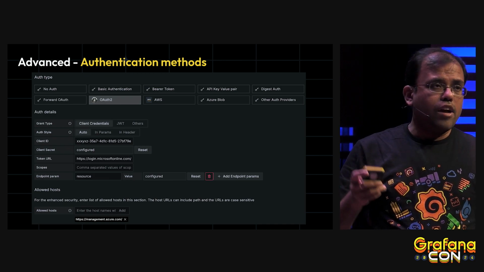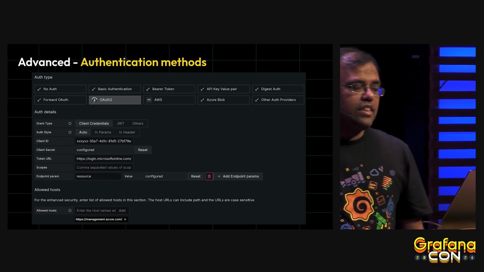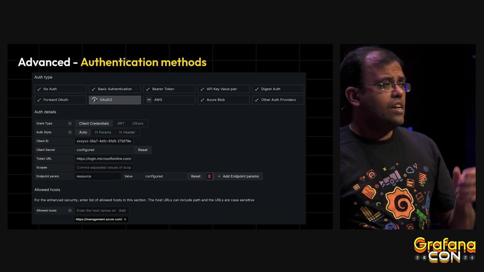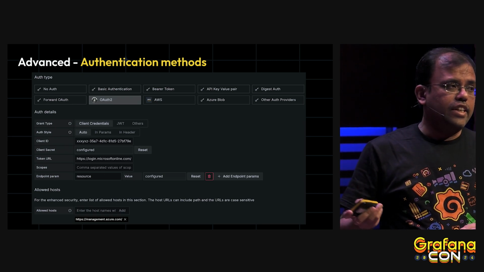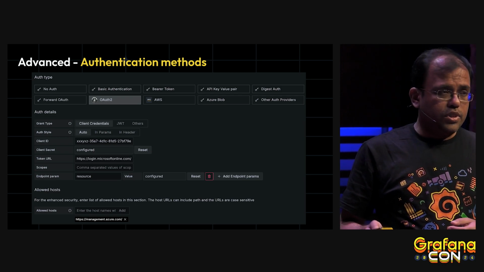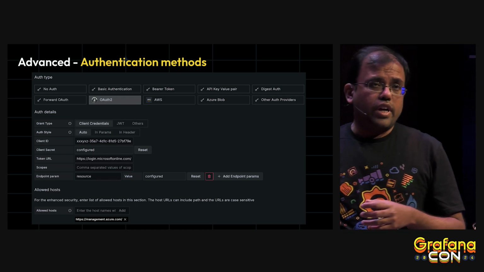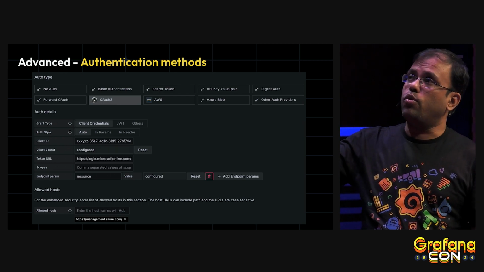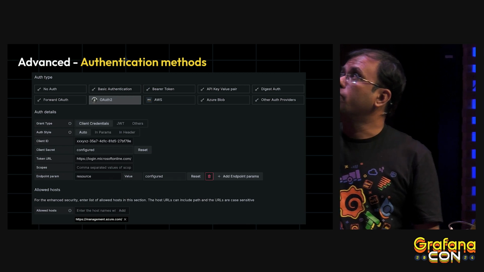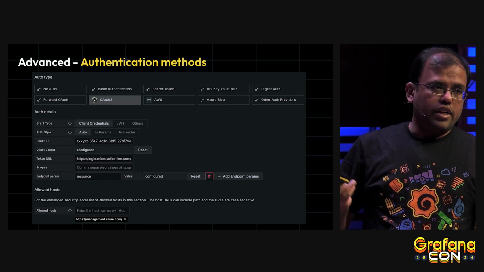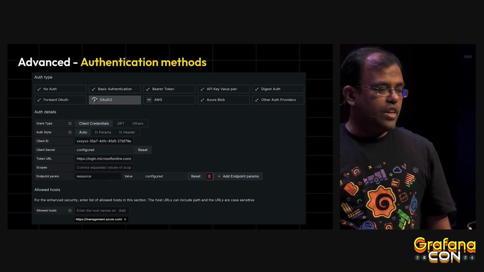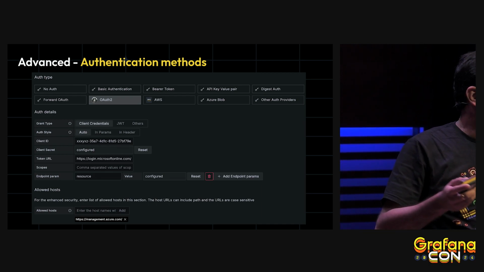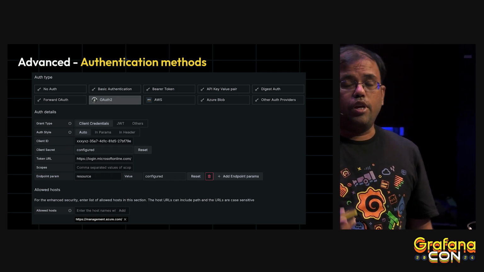We also have cloud provider-based authentication. For example, AWS has a specific authentication called SigV4, and Infinity does support that. If you are using Azure and want to connect to your APIs behind Azure authentication, you can use OAuth2 client credentials. And if your API is behind AWS or Google, you can use JWT and other authentications. So with all these authentication systems, you can connect to many of the possible APIs.